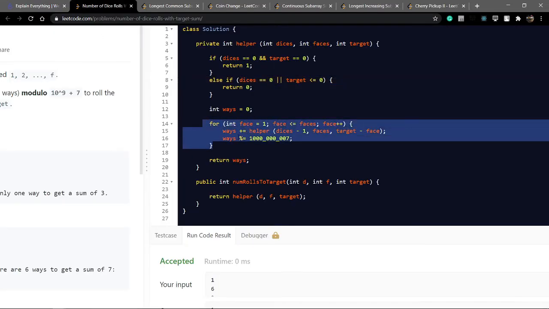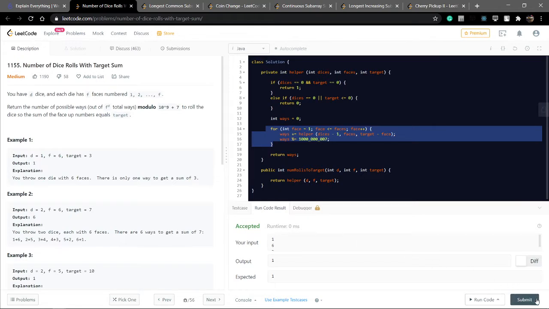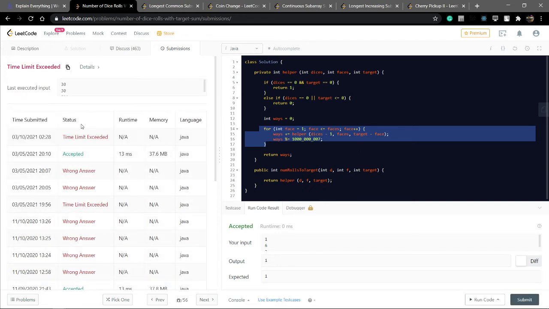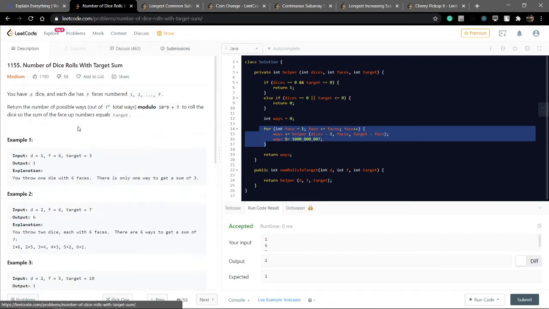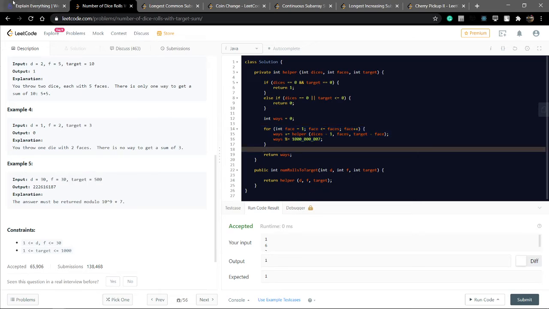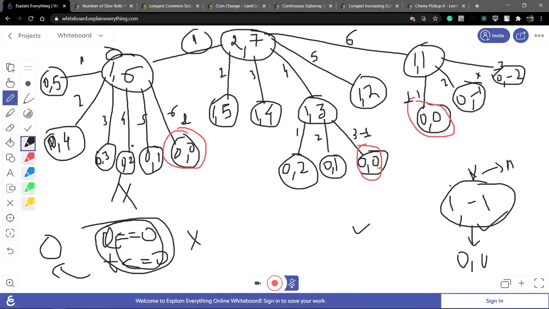Okay, now what is the problem in this question? Time limit exceeded for the 30 30 500 constraints that are given. Now move to the analysis of DP. Where is the DP? Okay, it is the same function being made or not.